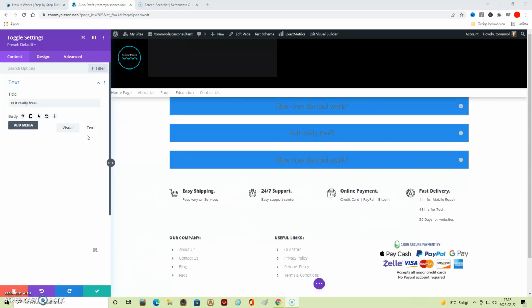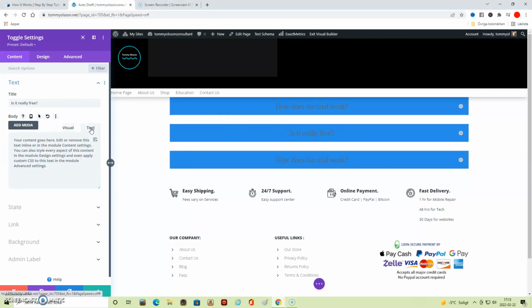And so when you want to add an answer or smaller text beneath this question, you have the headline here, you go to content, and then you go to text. And this is example text, but you change it to the answer you want to have written there. And when you're pleased and done, you click that green button again.